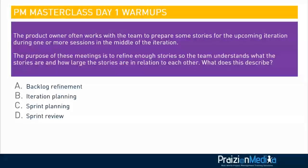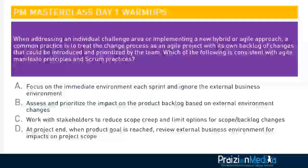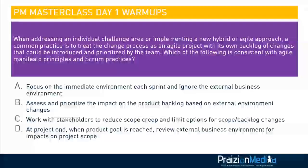Here's one more question. So take a look at the length of the question, take a look at the language and how it's posed. And then take a look at the options. Okay, and based on what you know about the PMP exam content outline, you should be able to select the correct option,